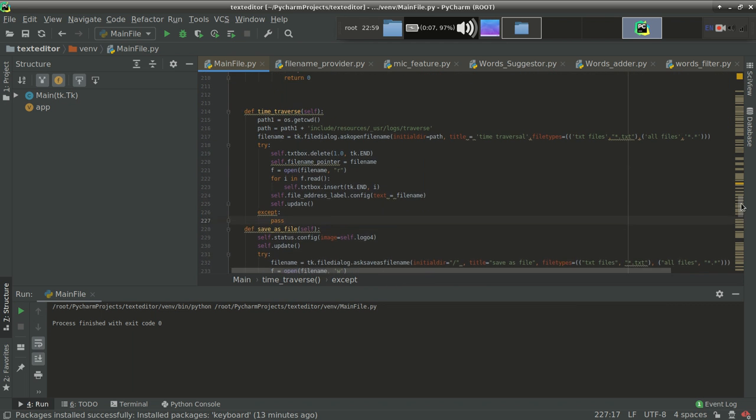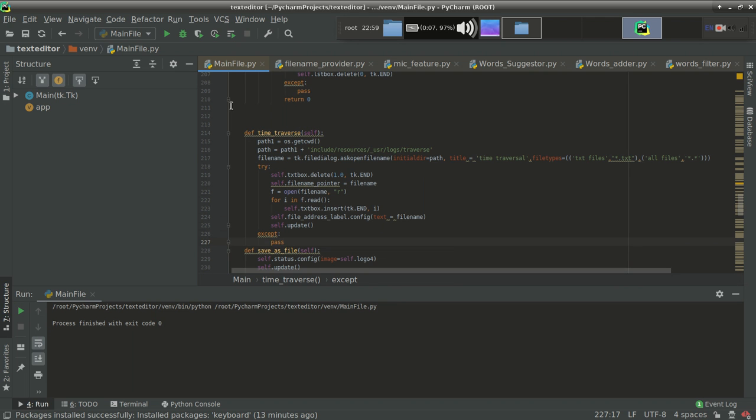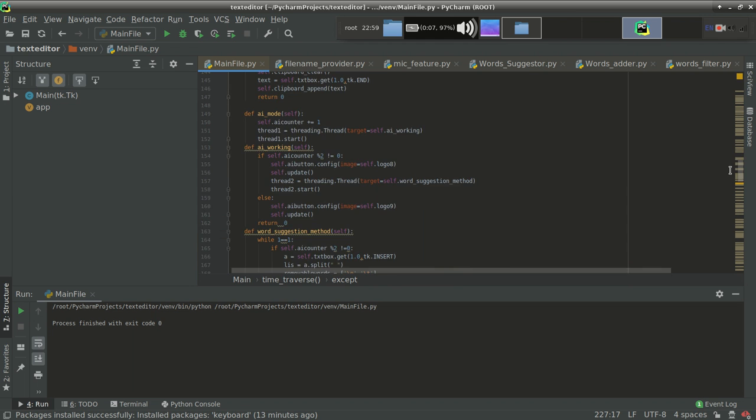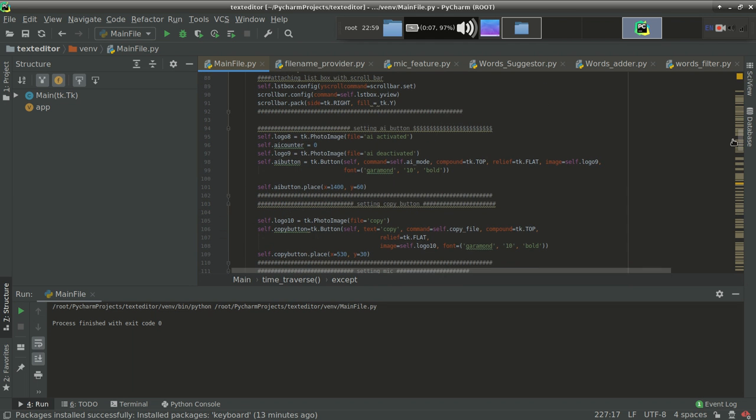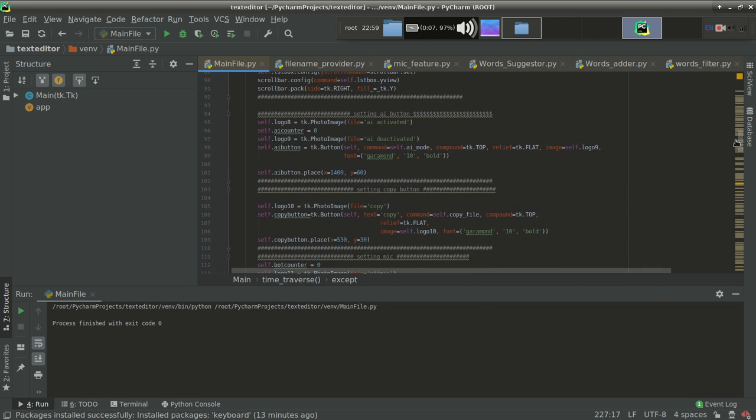I think we have not called this method. That can be the issue. Let's see in time traverse mode. Where is our time traversal mode?